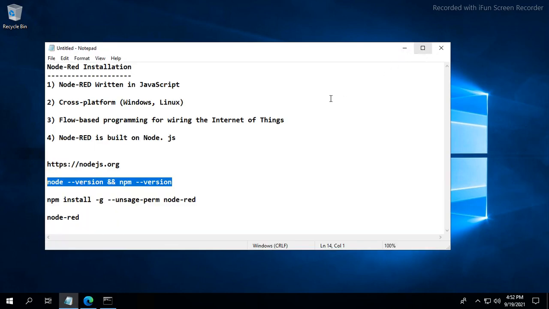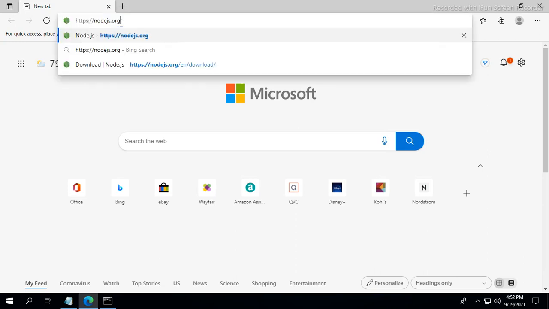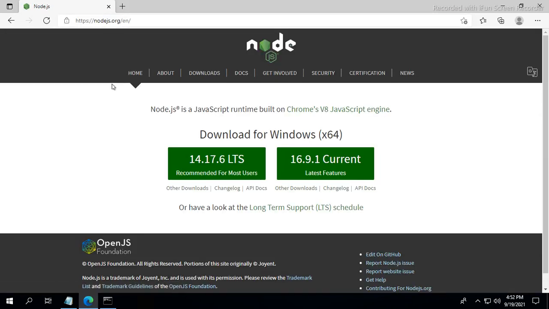So now I am going to install Node.js. To install Node.js, we need the Node.js setup. We can refer to this URL to download the setup. Here the download option is there.